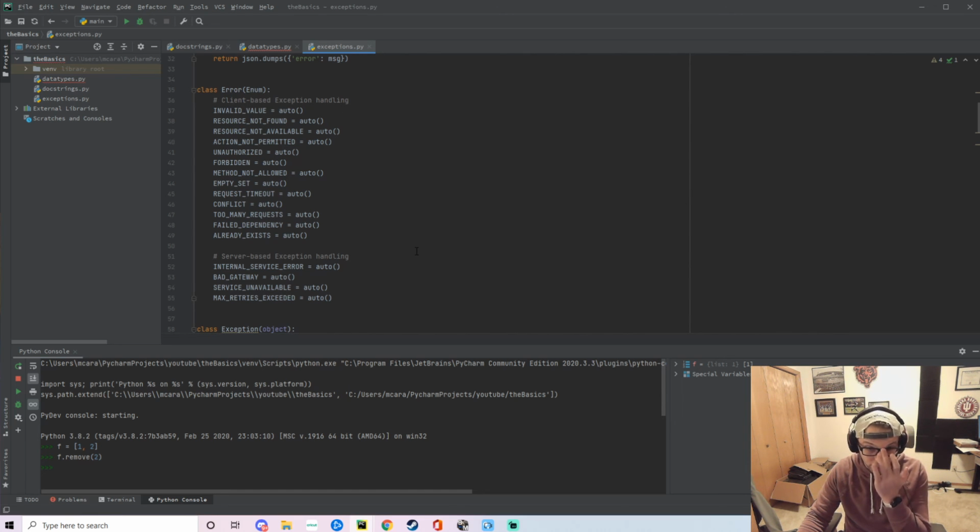For those of you that are familiar with how HTTP error status codes are represented, a lot of these are bulked into a specific HTTP status code, so I can better understand, when I'm communicating with my API, what happened and how to relay that back to consumers. So that's basically what this is. Client-based exception handling are going to be your 400 based types, and then you have your 500 based HTTP status error codes.